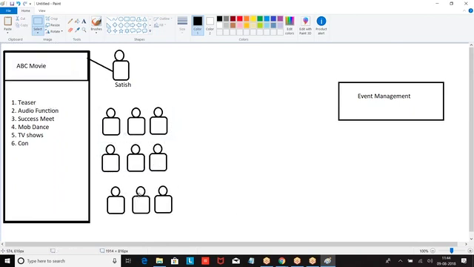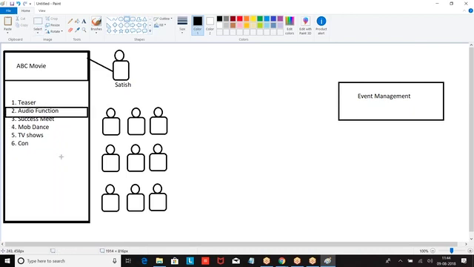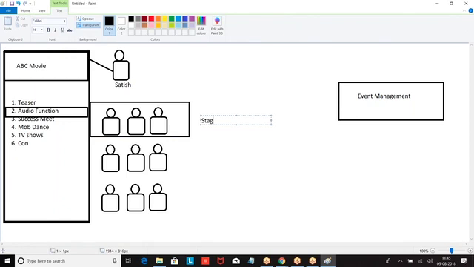So now, what is the opportunity? Now they gave me opportunity 1, some audio function. This is the opportunity, the business the company gave me. Now for this company, these are the events I am going to perform. For these events I told, boss, stage decorations, this team you have to take care.